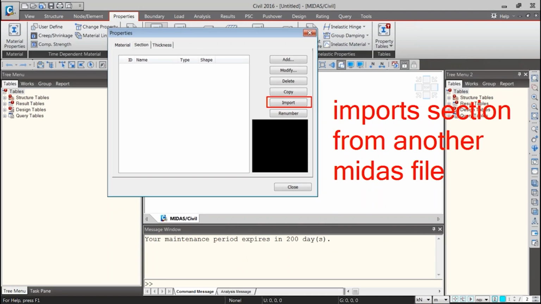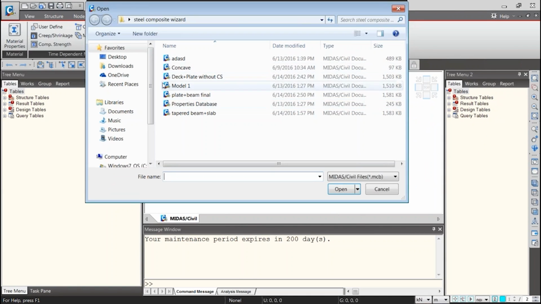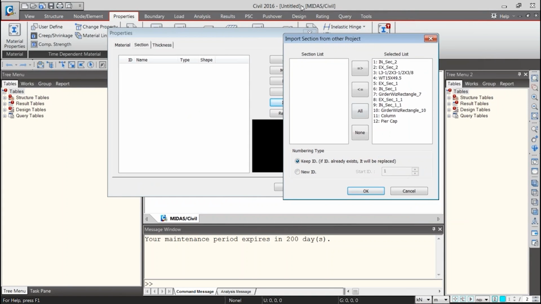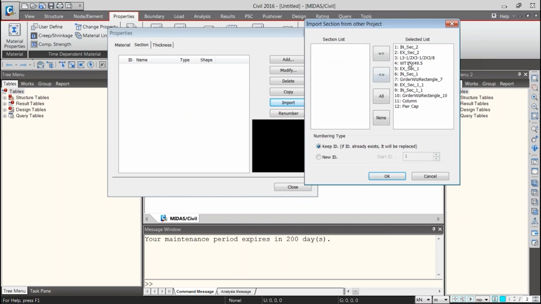So in simple ways, what you can do, you can just click on import. You go to the properties database, open it. It'll open a small dialog box where you can select the sections you want for this model. Suppose if I don't want these sections, I can just simply keep it this side.